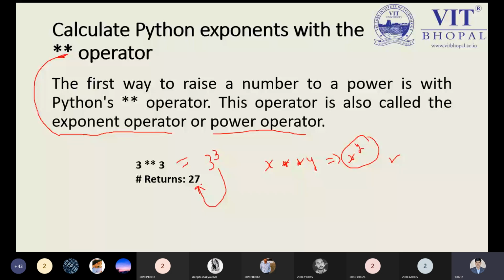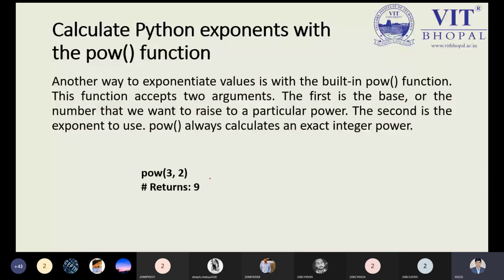Next, calculate Python exponents with the pow function. Please remember the pow function, that is POW. For using this function, no additional or extra library is required to import. Another way to get the exponential value is to use the built-in power function, POW. With the help of the pow function, we can accept two different arguments.